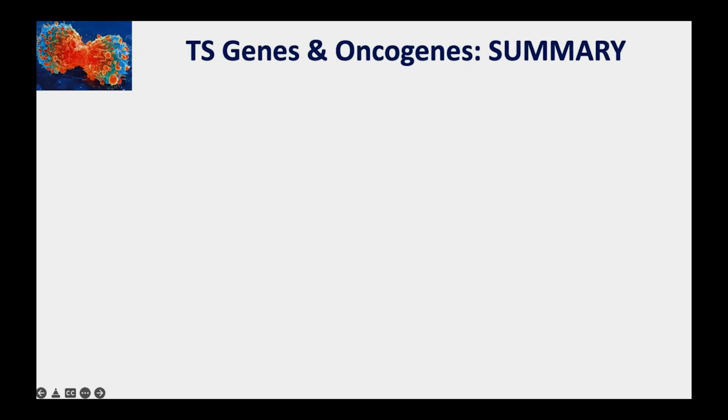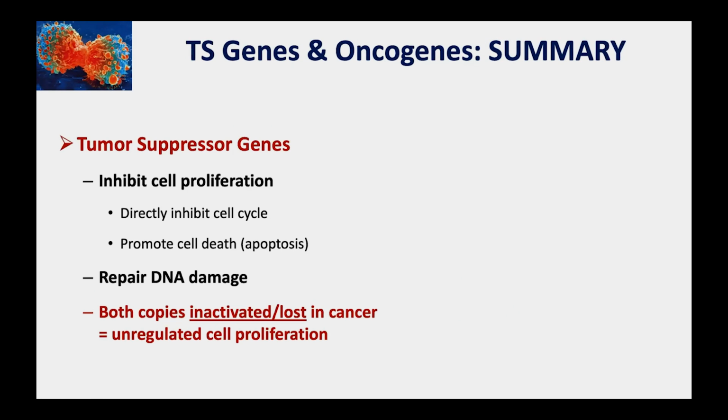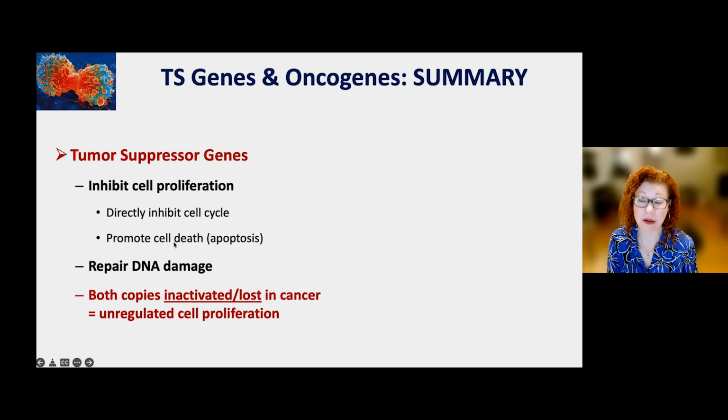All right, so let me just summarize some of the things that I talked about. I know there was a lot coming at you. So to summarize what we talked about with tumor suppressor genes and oncogenes. Tumor suppressor genes inhibit cell proliferation. They can act directly to inhibit the cell cycle, so they're blocking the cell from dividing directly, or they can promote cell death. Either case, they are inhibiting cell proliferation. There are also tumor suppressor genes that are involved in DNA repair, repairing DNA damage. And for tumor suppressor genes, you are inactivating or losing both copies in the case of cancer,